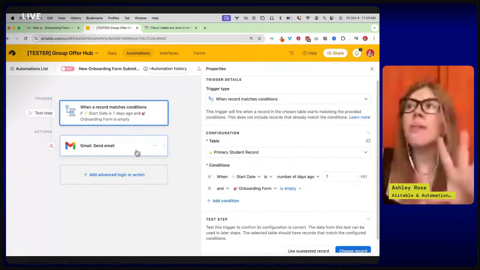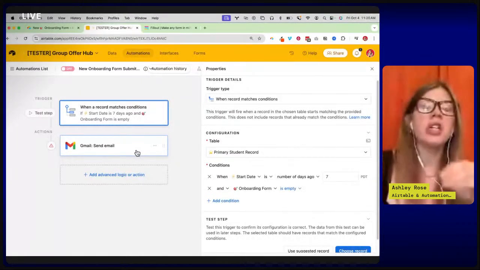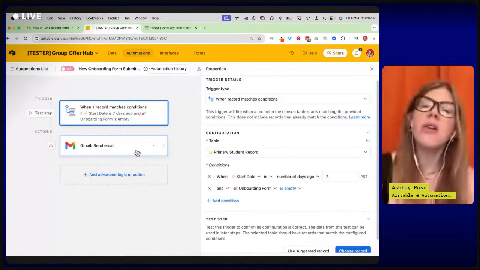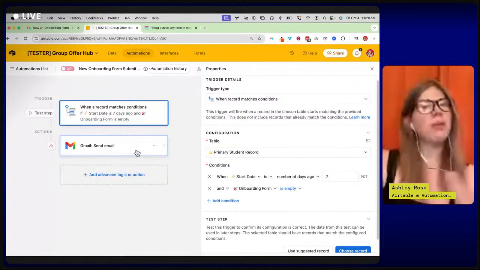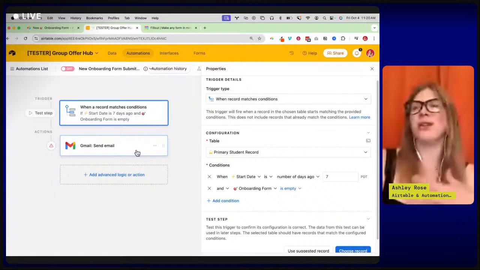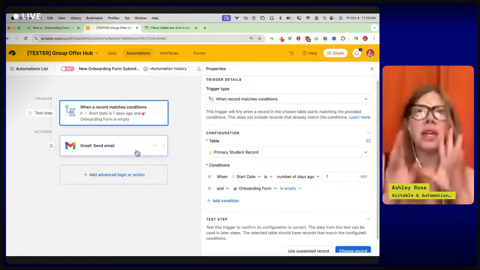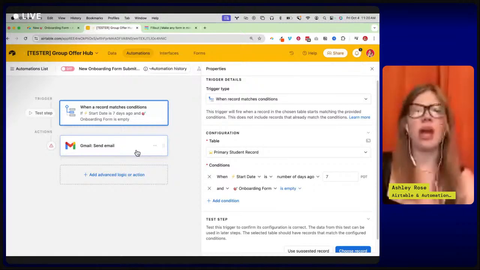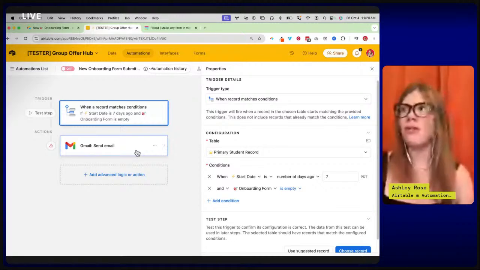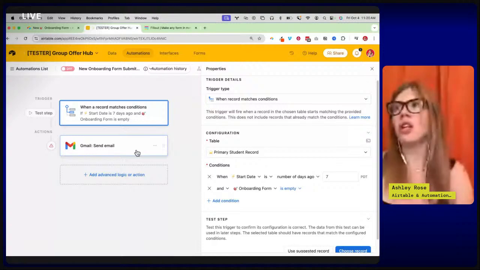So that type of stuff is really huge, especially as you're scaling your coaching offer, because you want people to feel like you still love them, you still care about them, you're still thinking of them. But as you grow, you're not going to be able to keep everybody and where they're all at in your head. And so you can set up these automated check-ins based on the forms that they've filled out or haven't filled out, and remind them and give them these gentle nudges that they should fill those out. So that's a really cool thing that you can do.